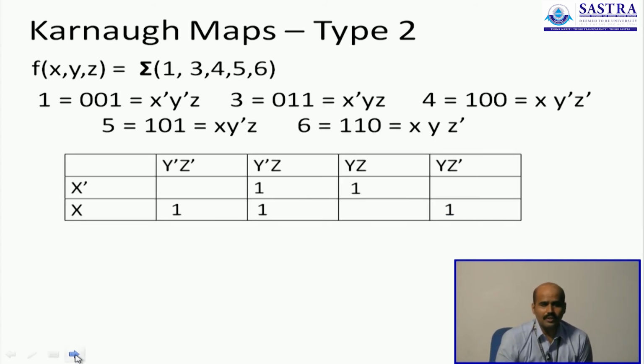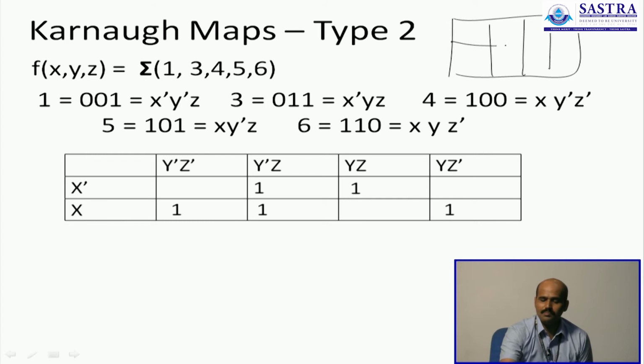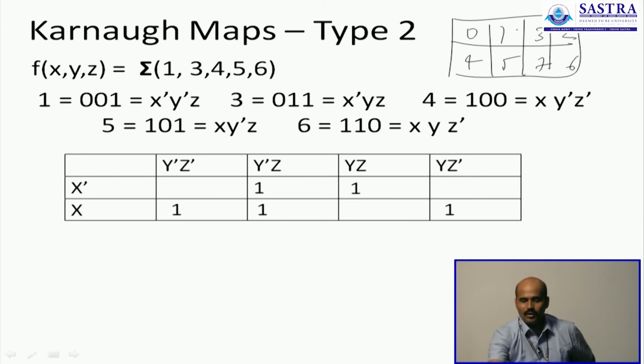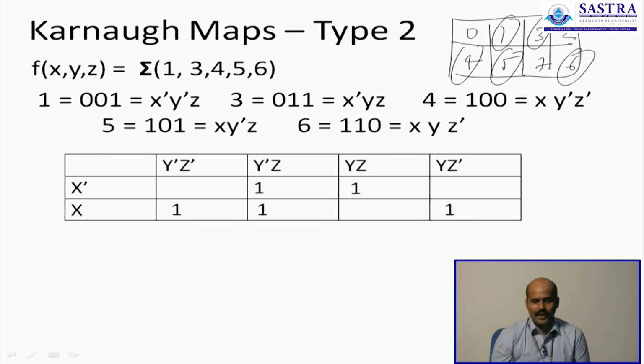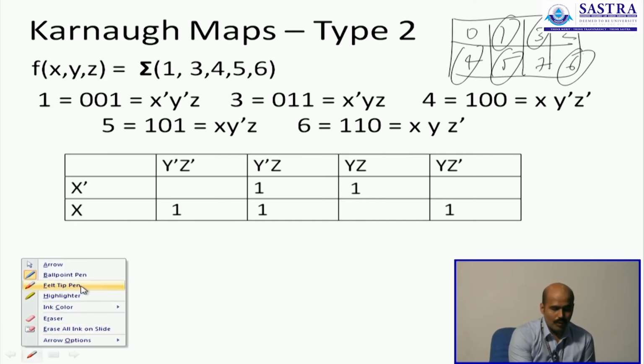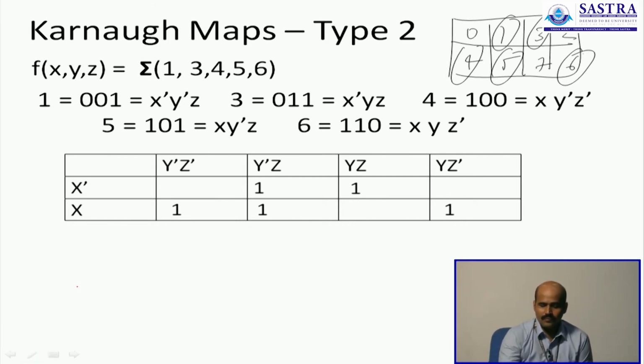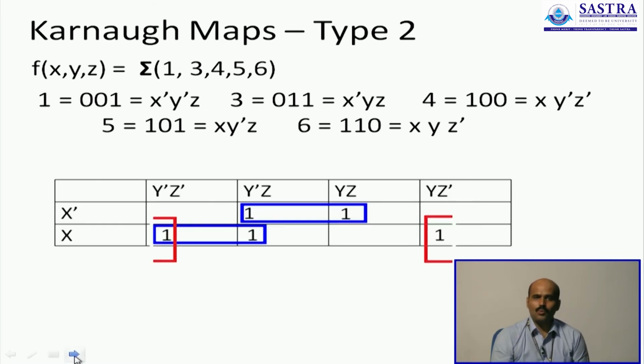Okay, what if we have 1, 3, 4, 5 and 6? So I told you the table is populated in this manner. It is 0, 1, 3, 2, 4, 5, 7, 6. So I have 1 here, 3 here, 4, 5 and 6 here. So that's how I have the 5 terms of the given Boolean polynomial. And how do I group them? This one has to be grouped in only one way, here, and these two can be grouped in this manner. That's what I have. 3 loops are enough to completely cover all the 5 ones of the given Boolean expression,